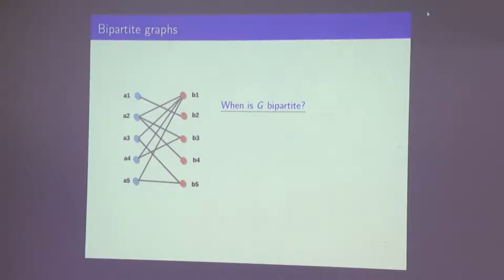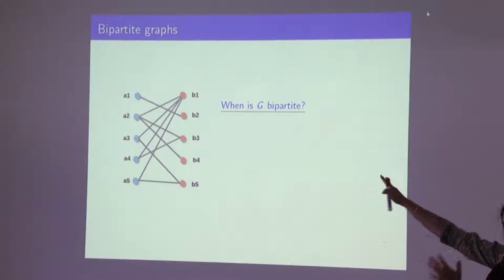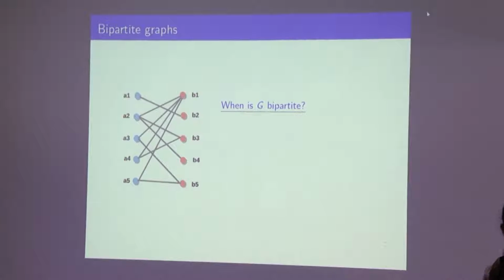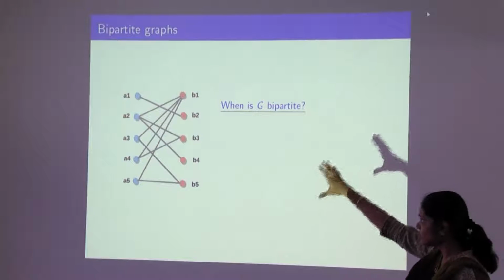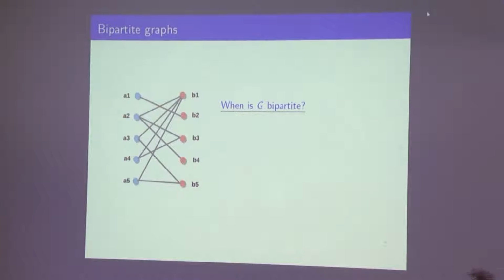Bipartite graphs are graphs which have this peculiar property that the vertex set can be divided into two parts, just like I have shown here. There are these blue vertices and there are these pink vertices. You can divide the vertices into two parts such that every edge goes from one partition to the other. Between the blue vertices, there are never going to be any edges. Between the pink vertices themselves, there are never going to be edges. If at all there are edges, they are always across these partitions. That is, they start at a blue vertex and end at a pink vertex. Therefore it is called bipartite, that is, there are two parts to the vertex set.